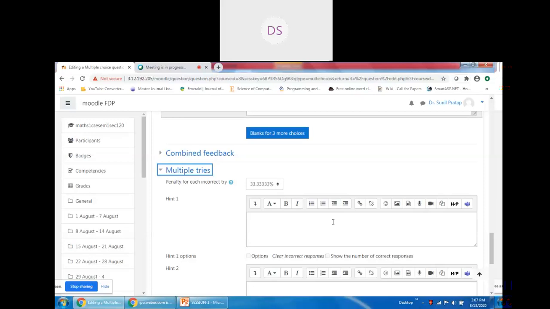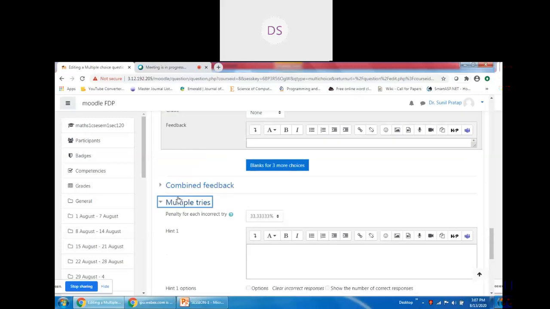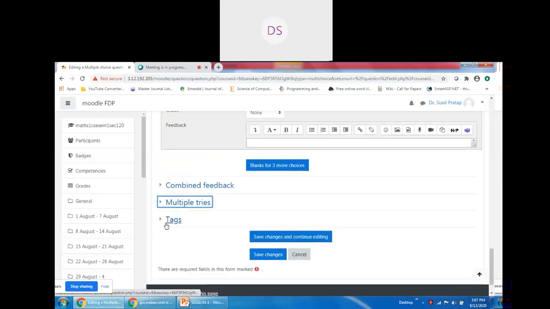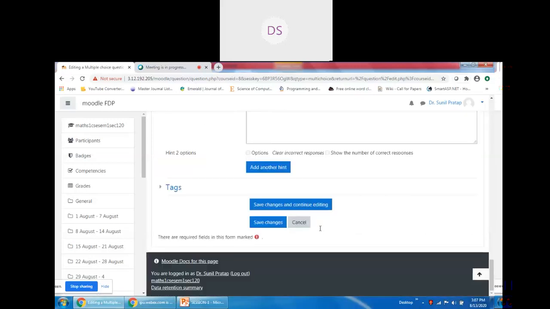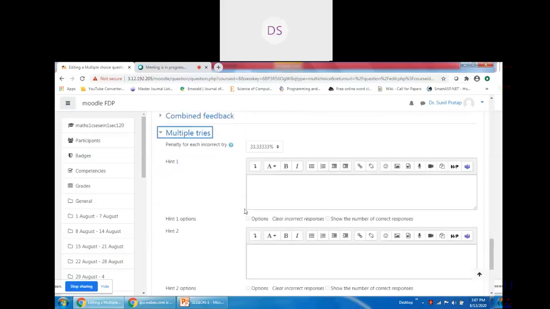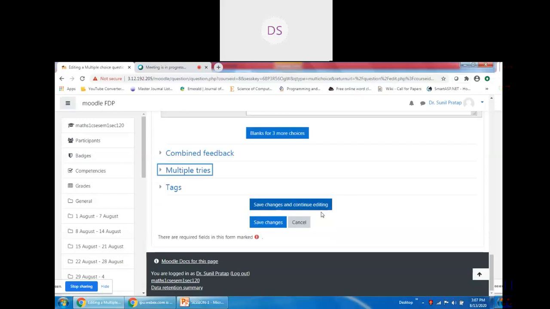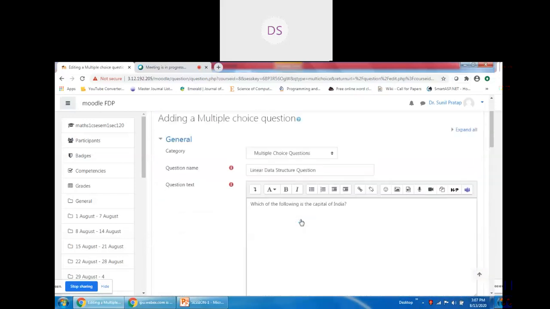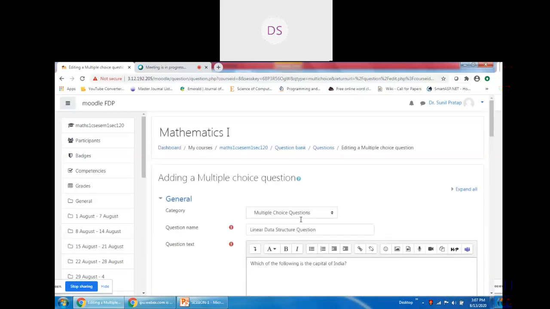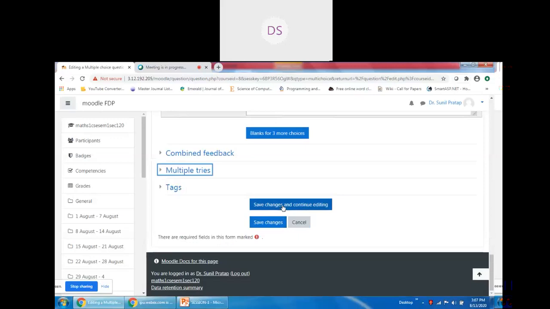If the second time the student answers correctly, 33% of the marks will be deducted. So we are just leaving these optional configurations. In this way, we may add questions to the question bank category. Save changes.